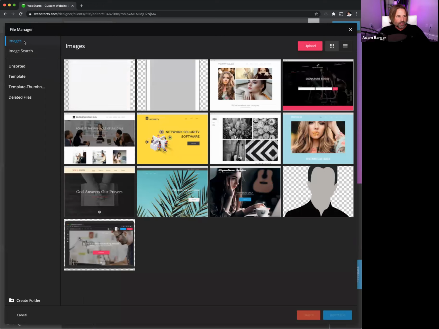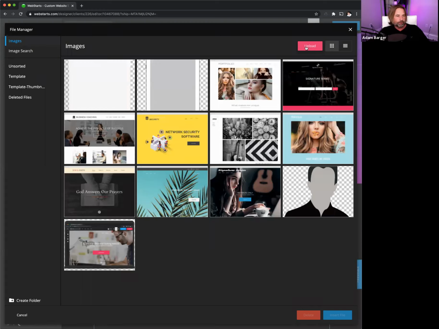This opens up the Images tab in what we call the File Manager. The File Manager is the place that you store all of your files in the cloud. So here are some images that I've already uploaded to my File Manager earlier. So if I want to reuse those, I just select them and then click Insert File. It'll replace the iPhone image that I just selected a moment ago. Now, you're probably going to want to upload some of your own images from your local computer. And to do that, just click this button and then select the images that you would like to upload from